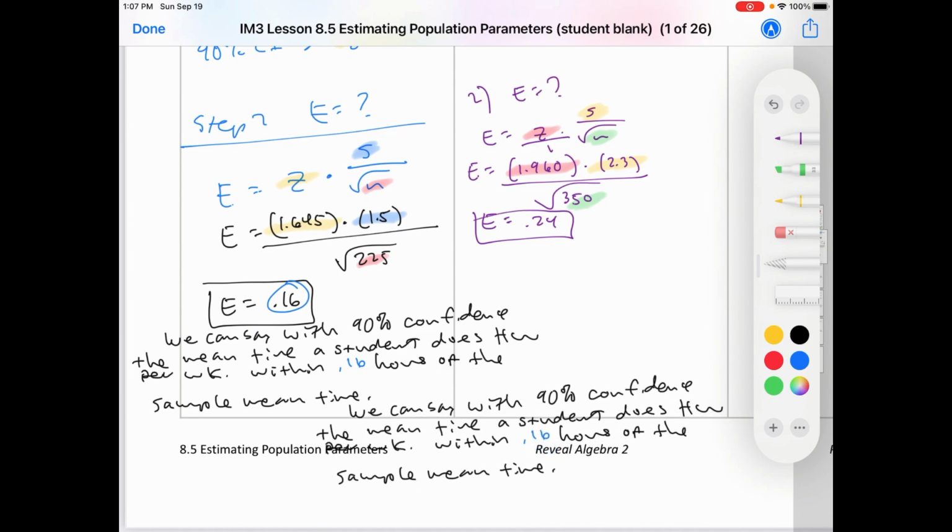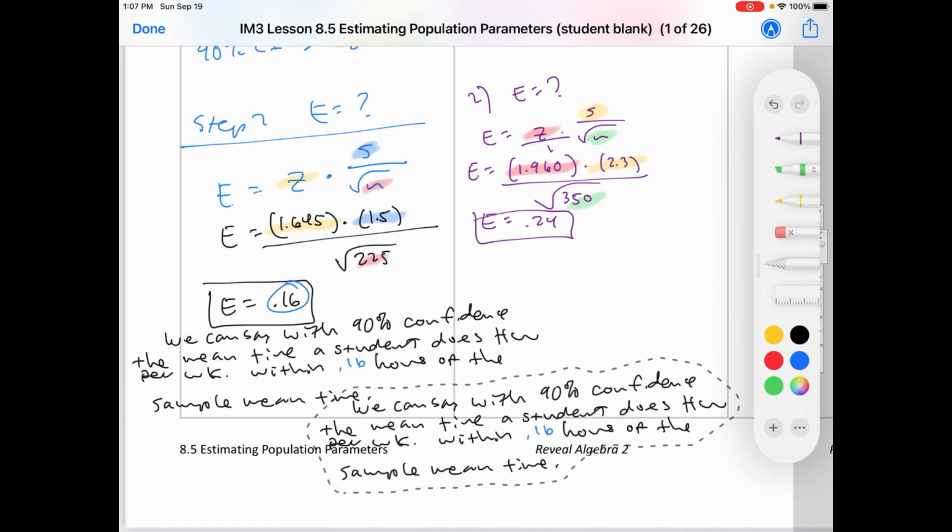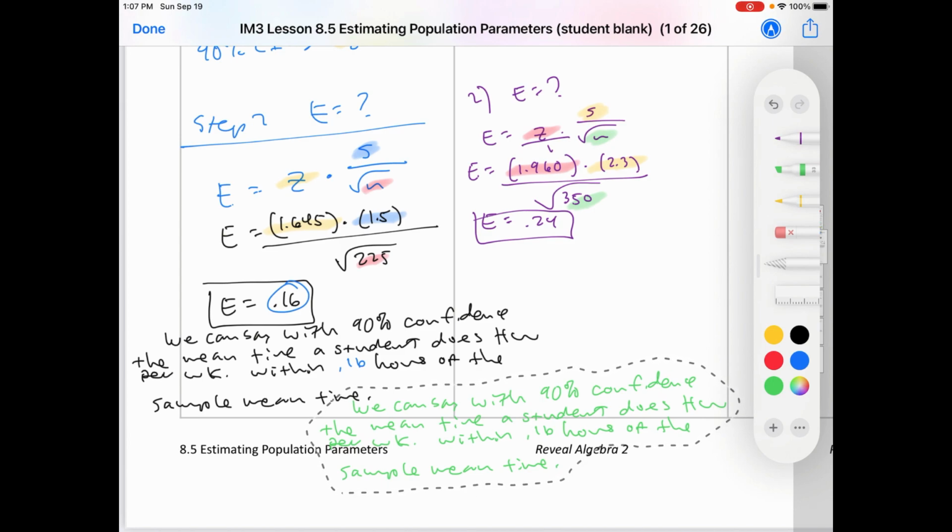I don't want to get in the way of that one. And watch this. Let's see if we can do something. Boop! Oh, change it to green. Nice. Okay, now we can just erase the parts that we were saying. We have a 95% confidence that the mean time a athlete